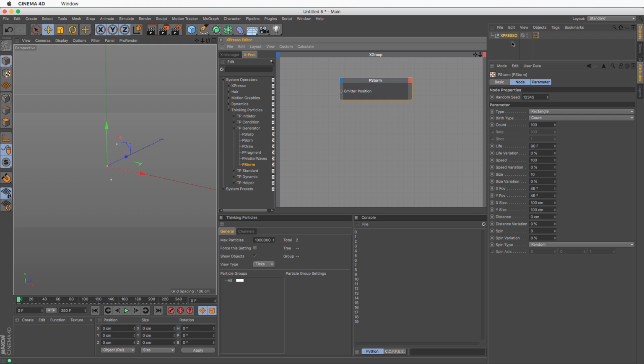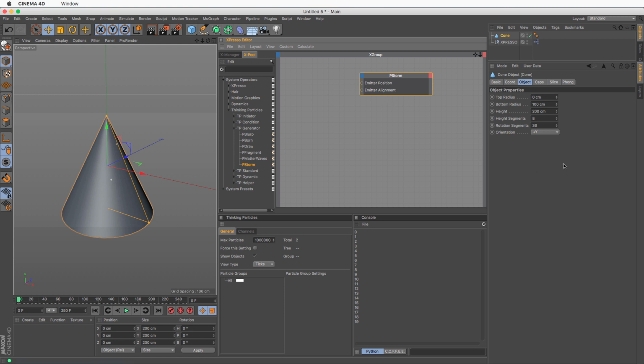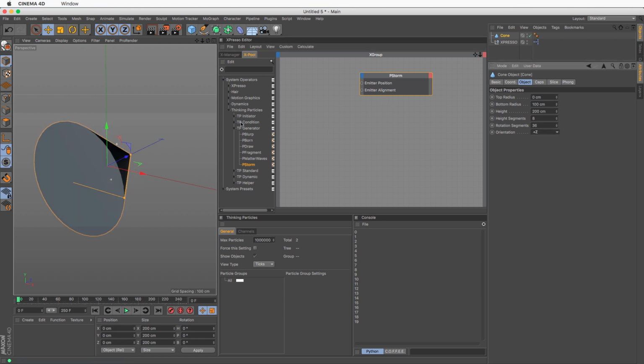In order to control how the emission happens, then we actually need to connect our p-storm to an emitter position, and the emitter alignment, which is basically the rotation, we need to connect it with something else. So you can always connect them to this one or a new one. I'm just going to create a new one. I'm going to make a cone, and I'm going to point it to the plus Z, so we have some sort of context as to the direction. And I'm going to drag the cone here,